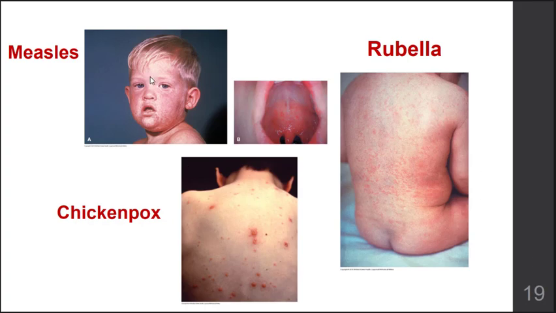Let's start with measles. Measles also tends to affect the mucosa. So if a young child has a rash that is suspected to be either measles or maybe rubella or chickenpox, sometimes looking at the mucous membranes can help determine what virus they're infected with. And this condition is not seen as much anymore because of vaccinations, but you've heard of many cases that have come up, and in most cases it is something that clears itself up and doesn't leave any lifelong problems, but it does confer lifelong immunity when